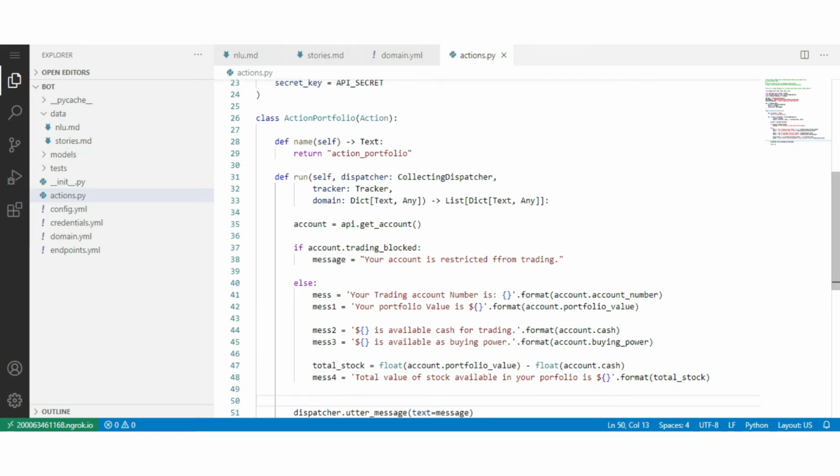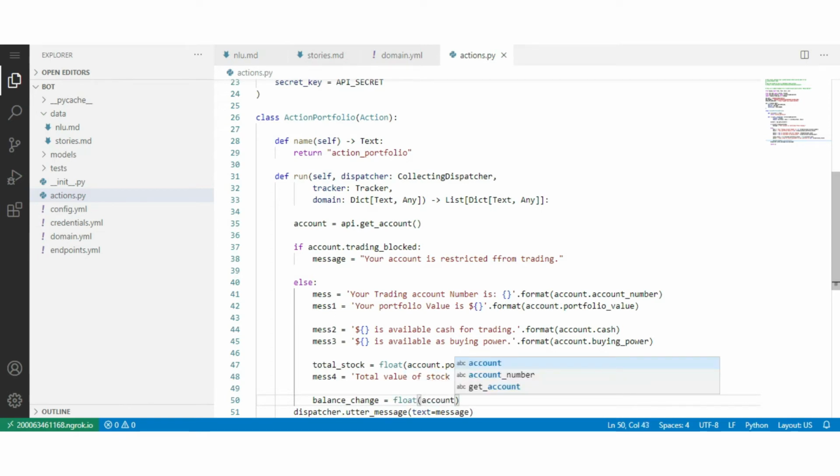Now give brief details about today's portfolio balance changes. For that, create a variable balance change: account dot equity minus account dot last equity.